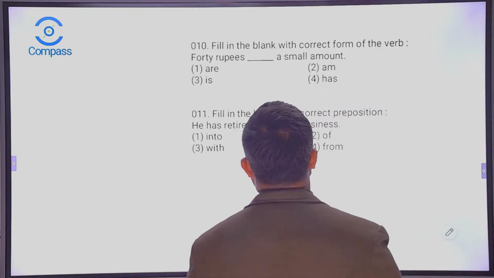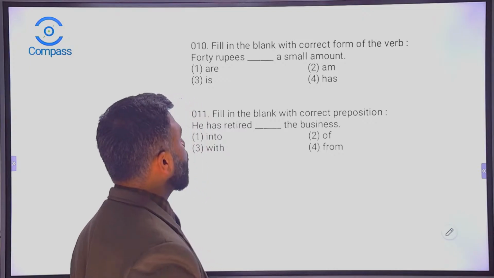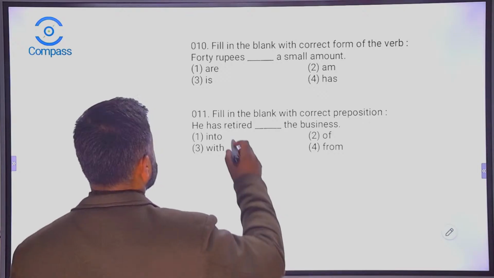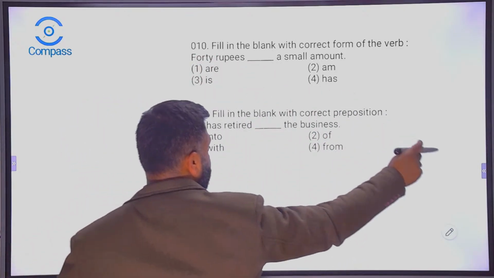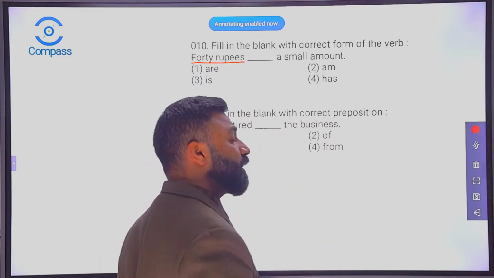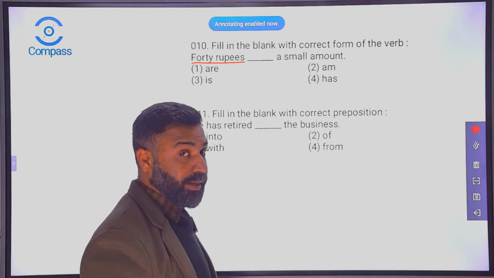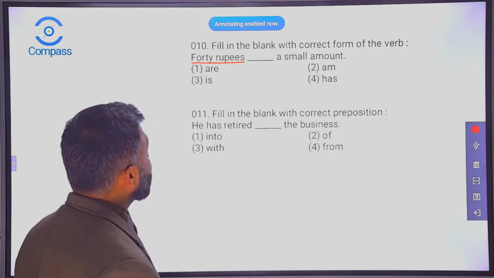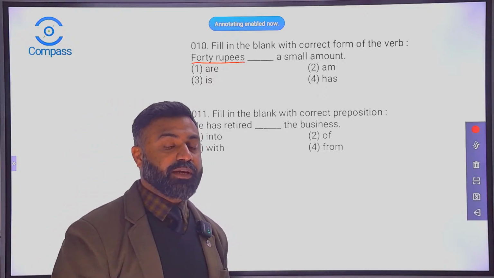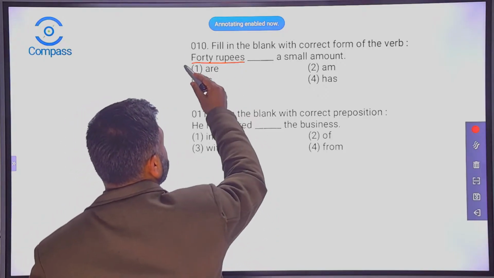Okay, question number 10, let's do this. Fill in the blank with correct form of the verb. 40 rupees dash a small amount. Now 40, all right, 40. Okay, it is coming from the lesson subject verb agreement, and this is very confusing. Okay, children, they really get confused here. Because what do they see? They see that 40 rupees are there,